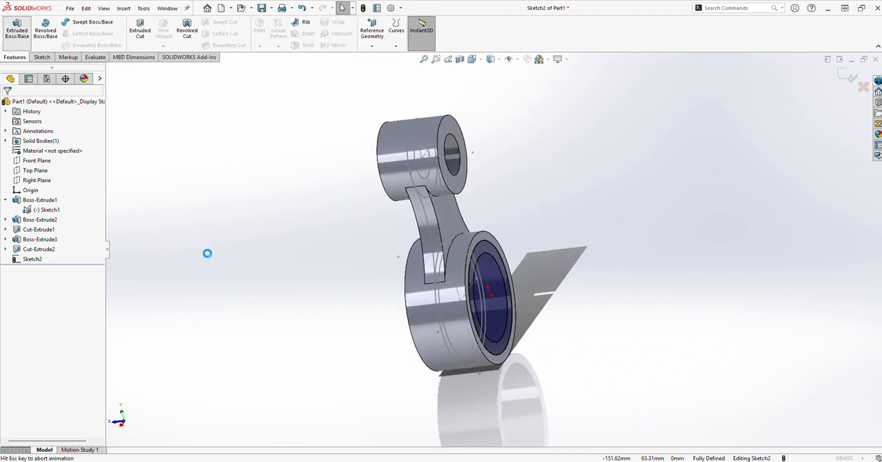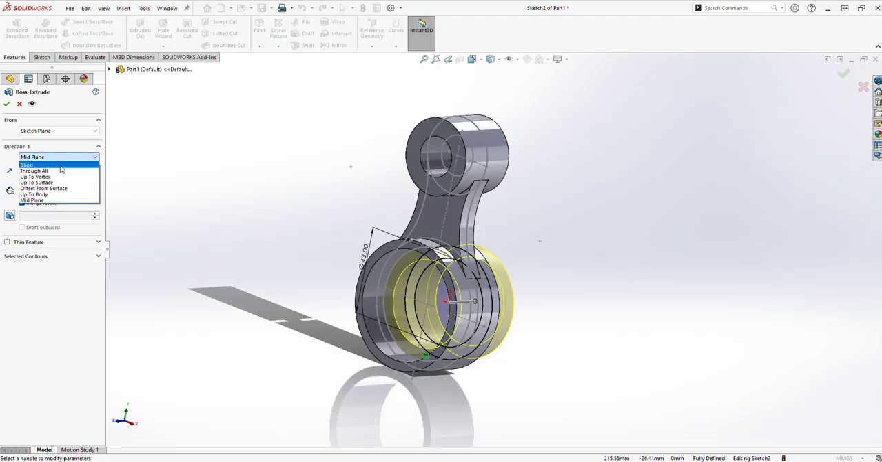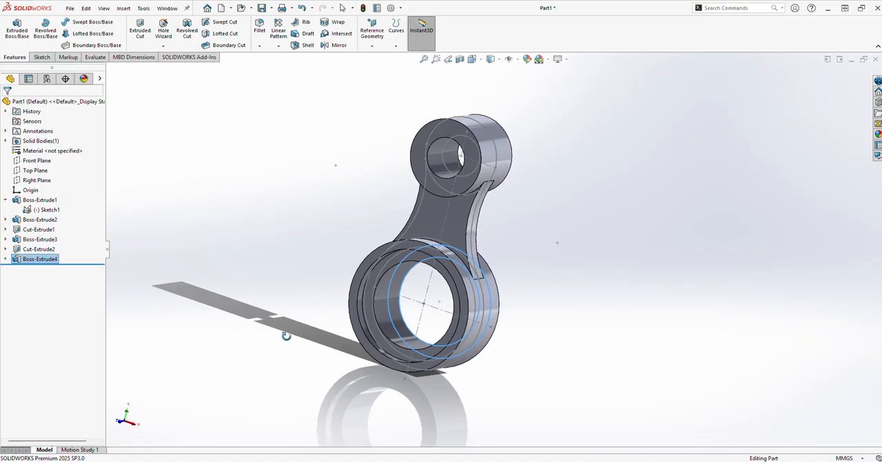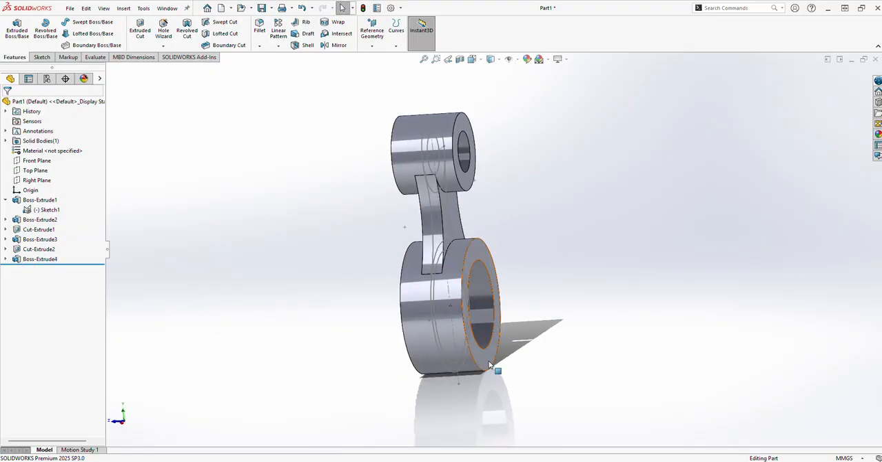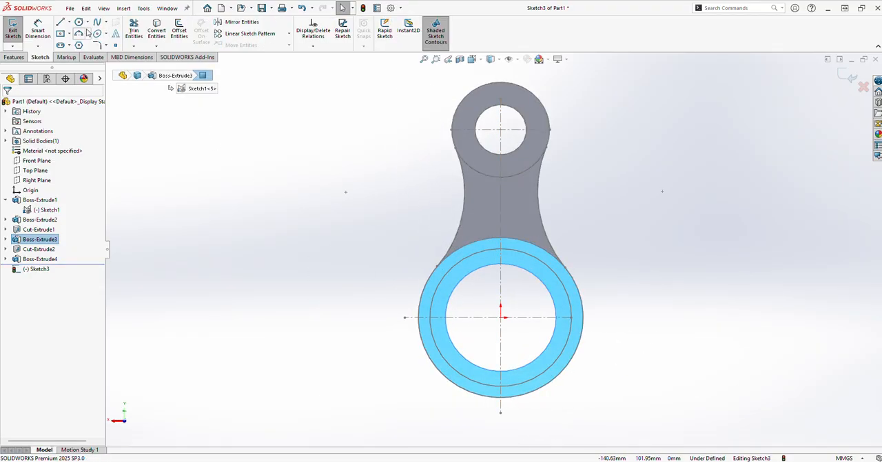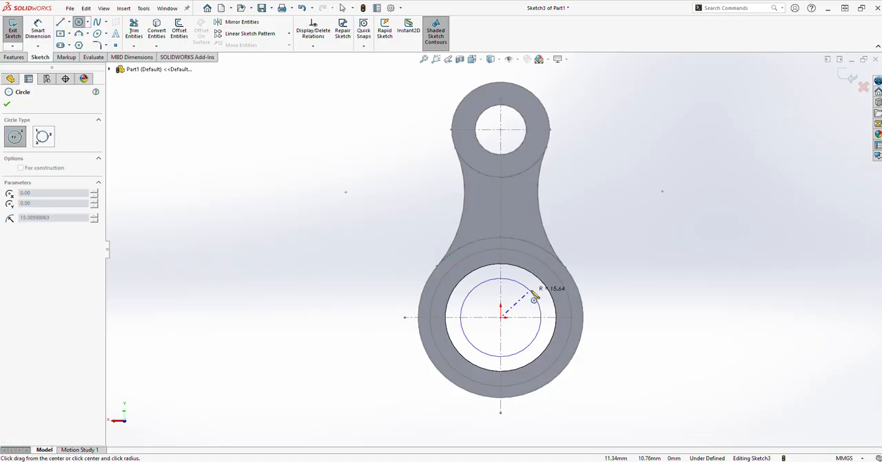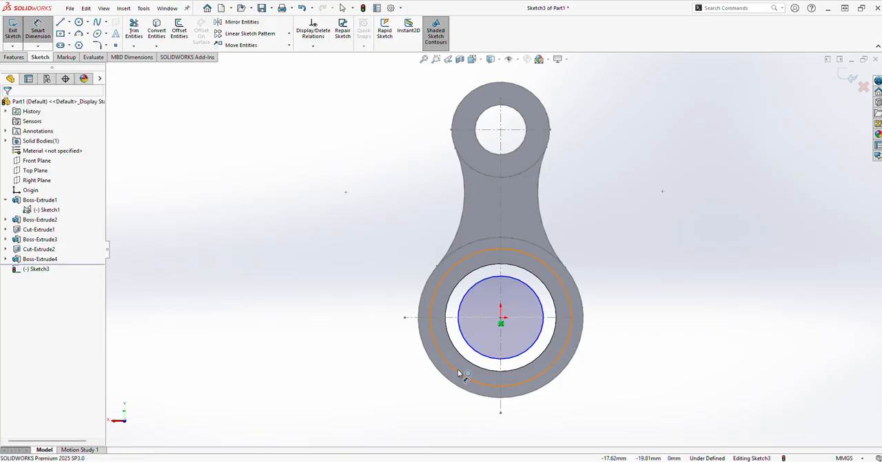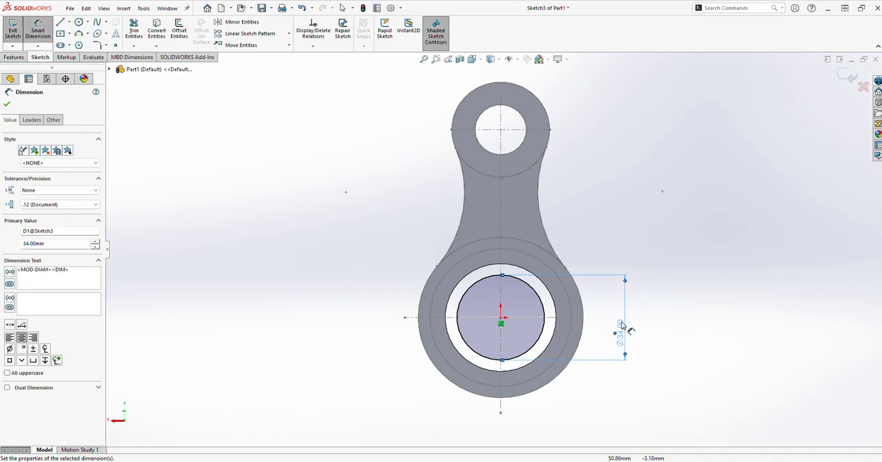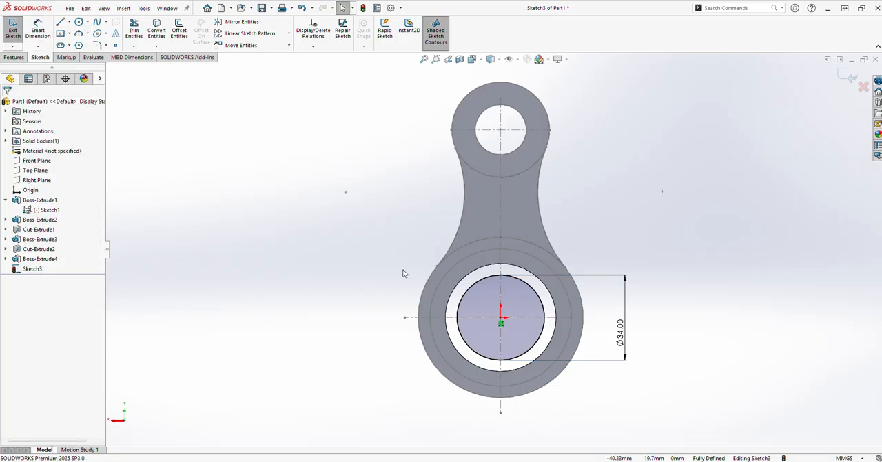go to features tab, select extrude boss base, reverse direction, extrude it up to 25 mm at here. Go to sketch, select circle, go to smart dimension, take this dimension as 34 mm and select this sketch, cut it,